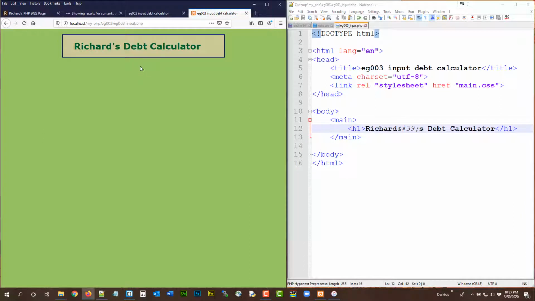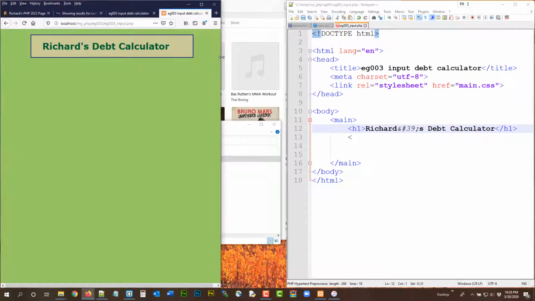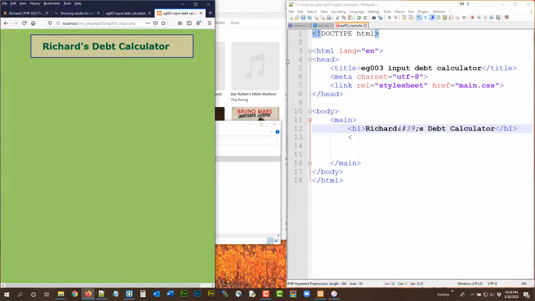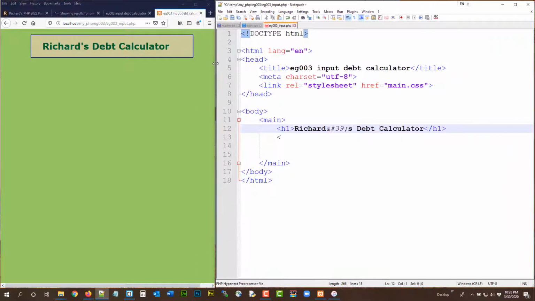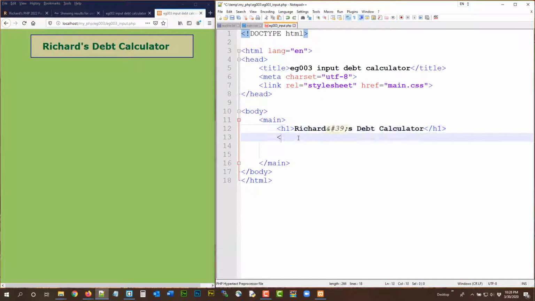This is Richard's debt calculator. In the main, okay, I'm going to make this smaller, small enough so you can see the input. I'm going to make this here, and then I'm going to say